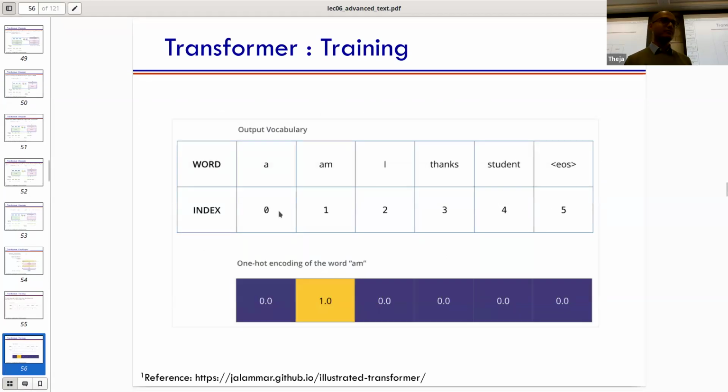This is just showing, if you have an index, then your target will be one hot encoded, which picks up the appropriate coordinate. Like you will produce a distribution of probabilities, and if your target word is am, then whatever the location of am is, that's the word that you want to pick up, right? So you can just think in terms of one hot encoded element-wise multiplication of log probabilities, where if everything else is 0, then those log probabilities don't affect anything, and this log probability related to am is the one you want to maximize, or negative log probability you want to minimize.